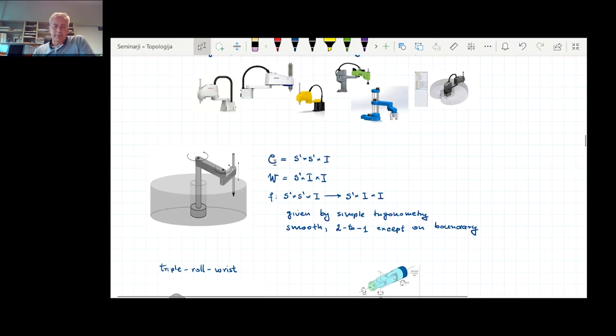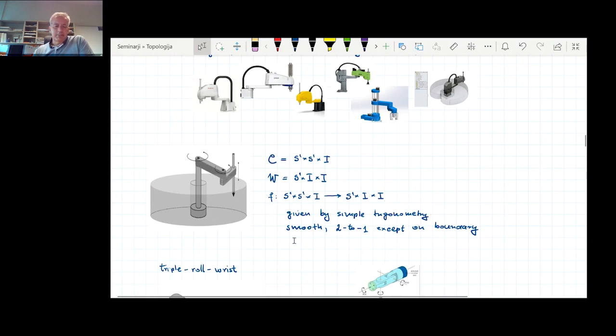You can see the configuration space is S1 corresponding to this joint, cross S1 corresponding to this joint, and then cross interval, if you want reals, corresponding to the sliding joint. And the workspace is essentially this gray area, which is just a thickened circle. So it's S1 cross interval cross interval, and it's very easy to write the kinematic map just by some simple